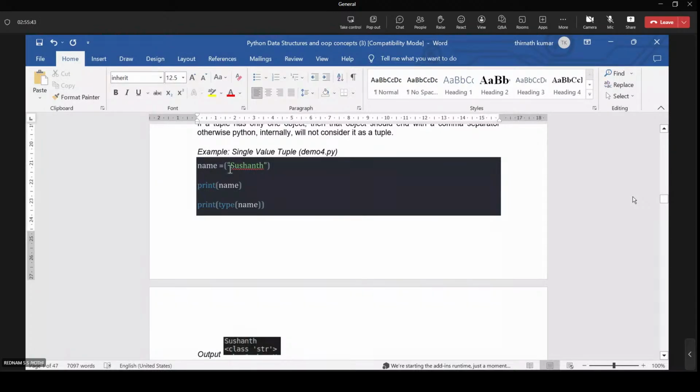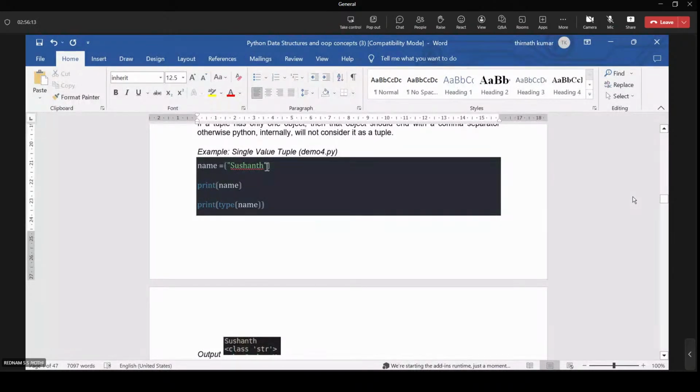It is considered as the value which is present in that particular single element in parentheses. It is not treated as a tuple. If you want a single element treated as a tuple, you compulsorily need the parentheses consisting of that element along with a comma symbol.